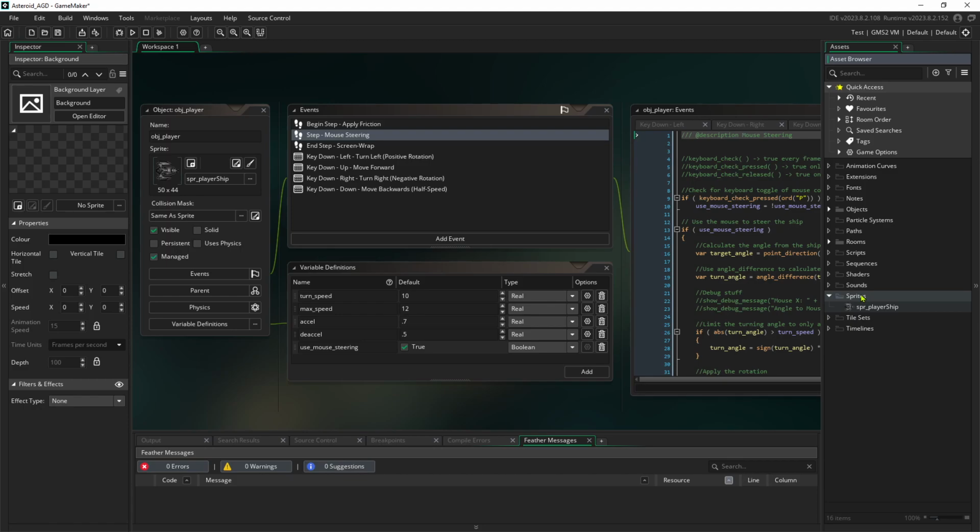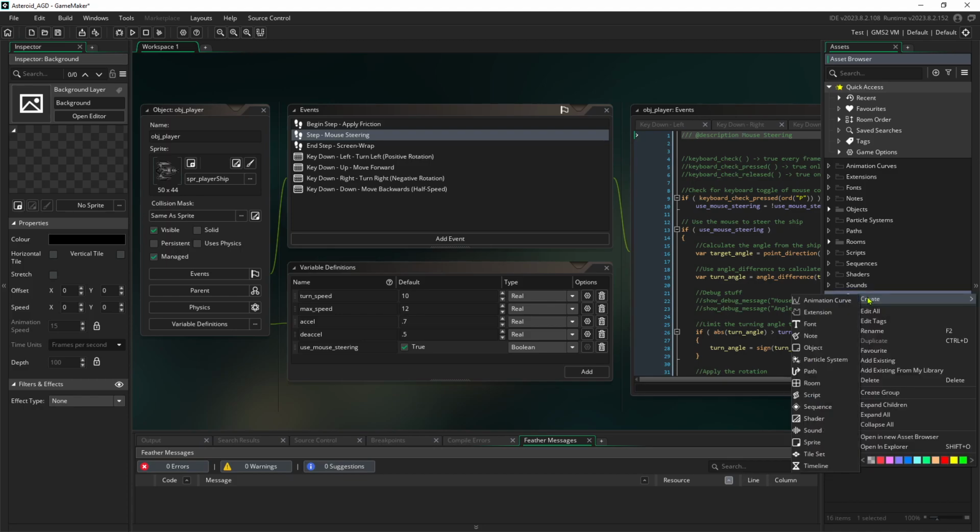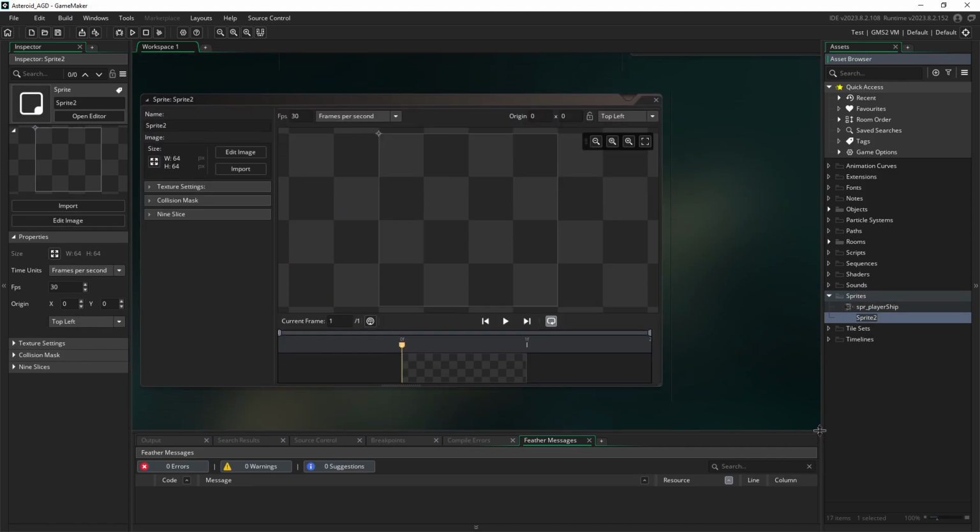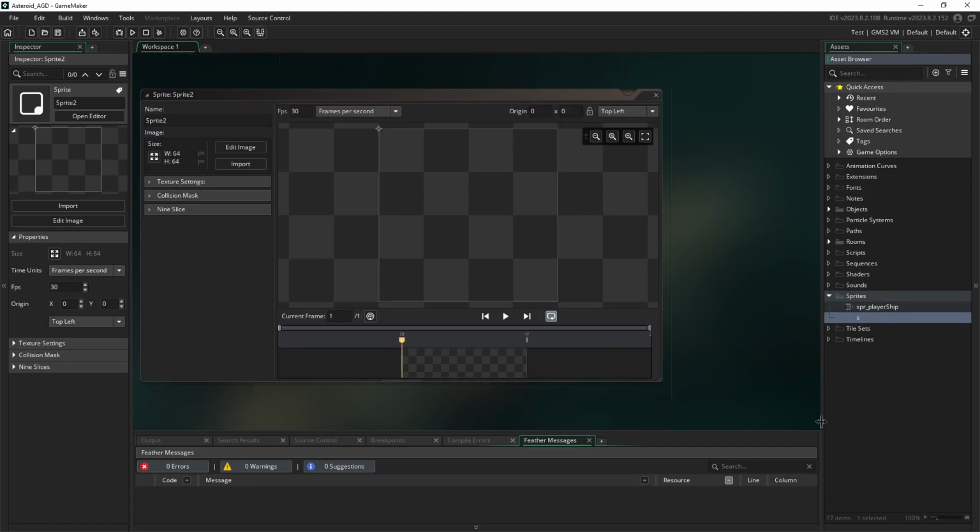But what's going to be interesting about this is it's going to import in as an animation rather than a static image. But the process is mostly the same. So we right click on sprites and we go to create sprite. I'm going to call this spr_engine_sparks, or maybe engine spark singular. And then when I go to import,